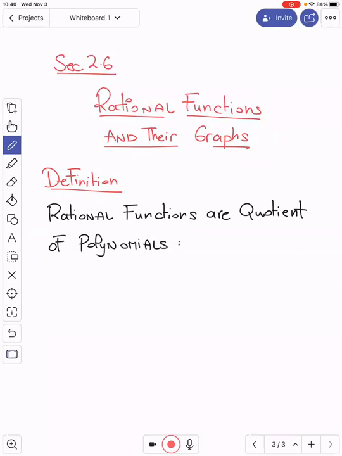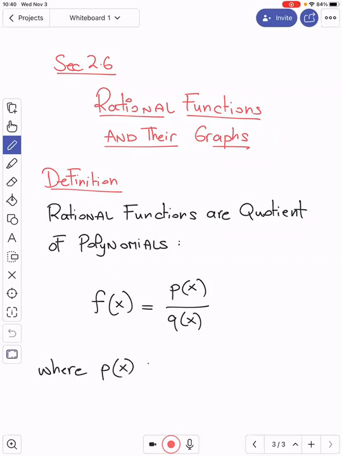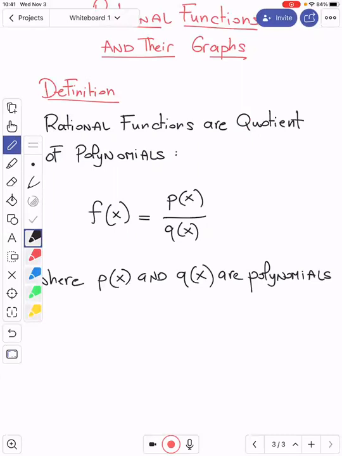Your function f of x is equal to p of x over q of x, where p of x and q of x are polynomials. Of course, the domain of such a function f,